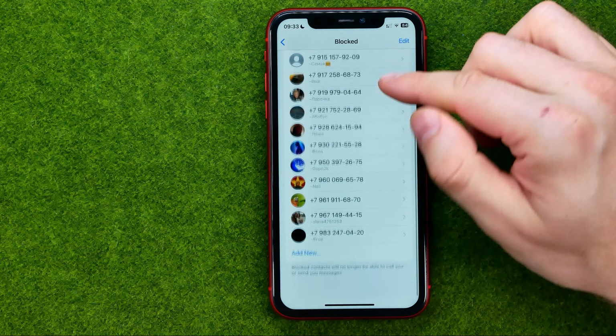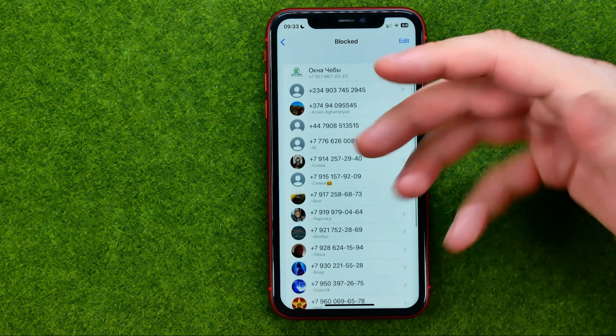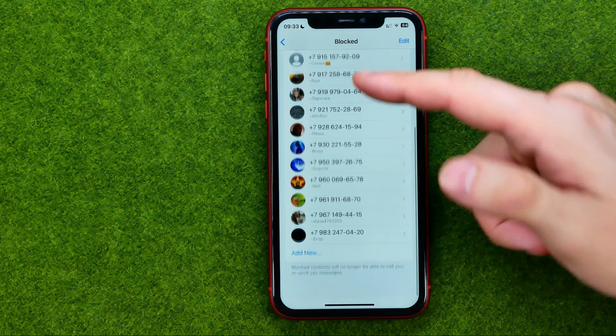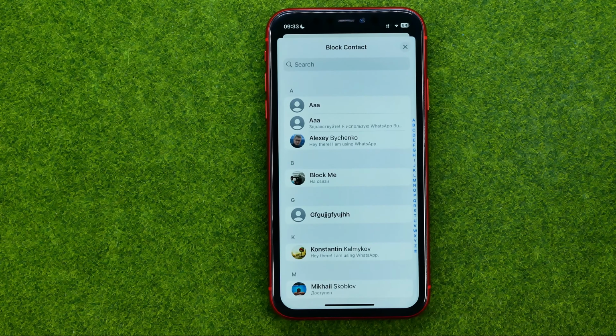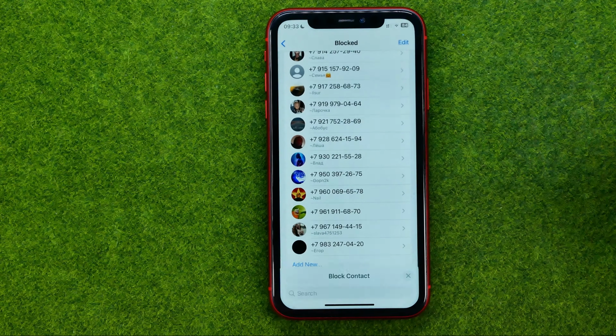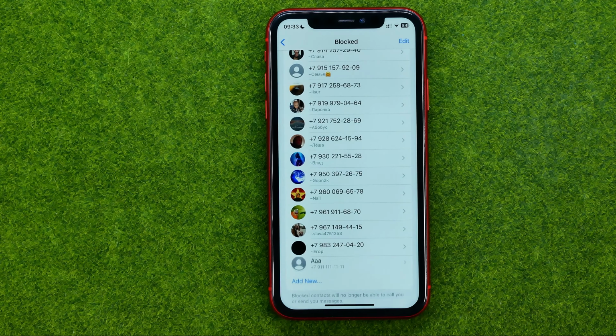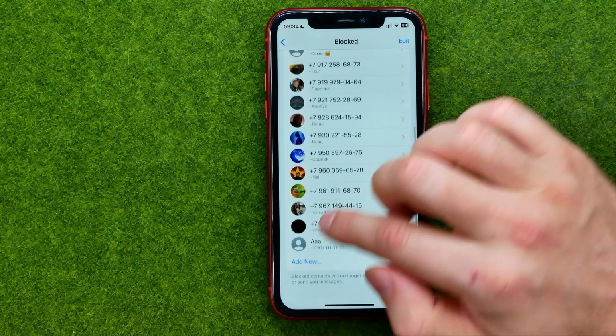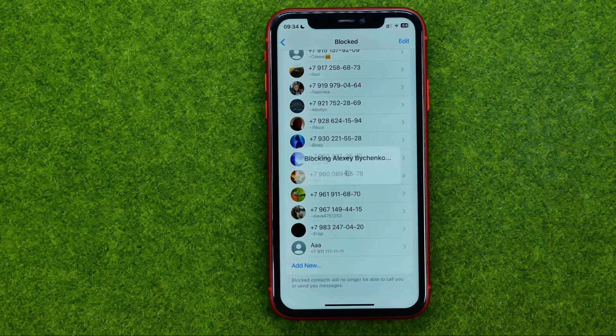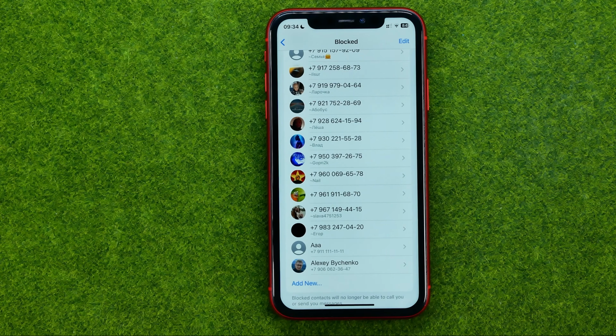From here we can scroll down to see more contacts. Also, by tapping at add new, we can add a new contact to the blocked list. So actually, in this way we can block someone on WhatsApp, and right from here we can also unblock any